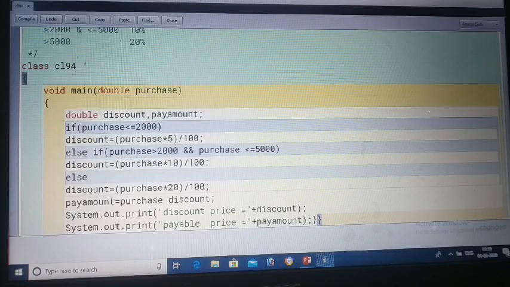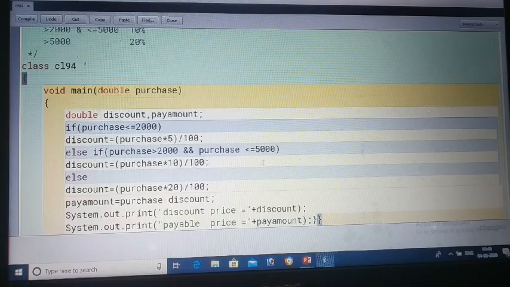Else is containing another condition. So here it is checked like that. 3000 is greater than 2000, true. 3000 is less than equal to 5000, true. That's why control is coming here, and it is calculated 3000 into 10 by 100. So how much is it? You will get 30,000, 20 will remove, so the answer will be 300. So 10% of 3000, which is 300, will be the discount price. This will be stored here.